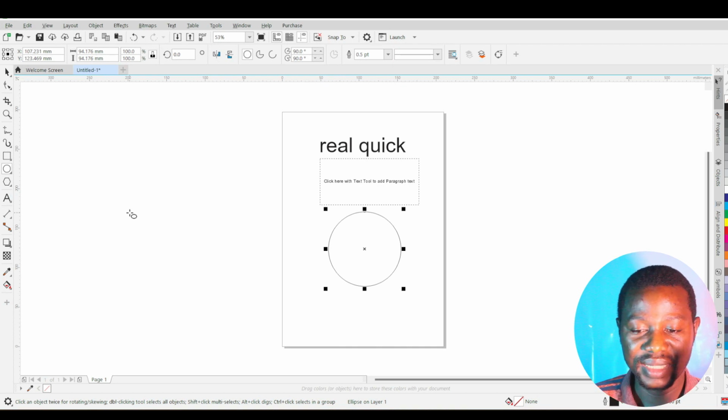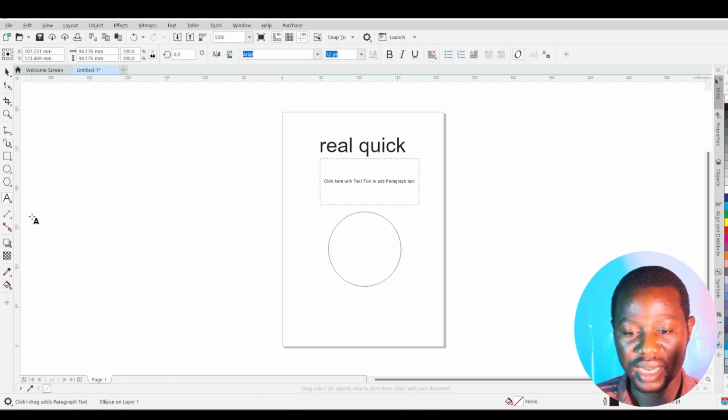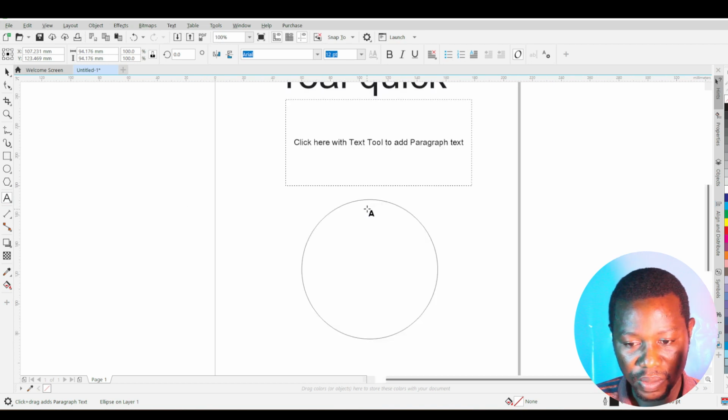So in order to create a text box that goes around this shape, what you need to do is to draw the shape first, then click on the text tool, then you move your mouse to the